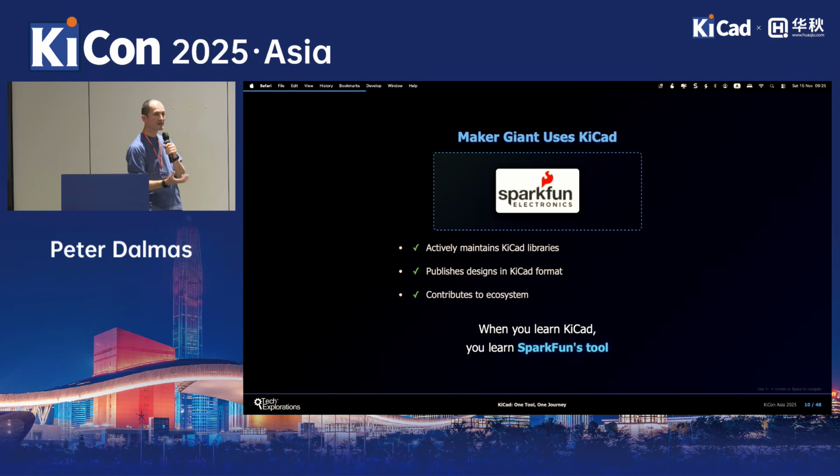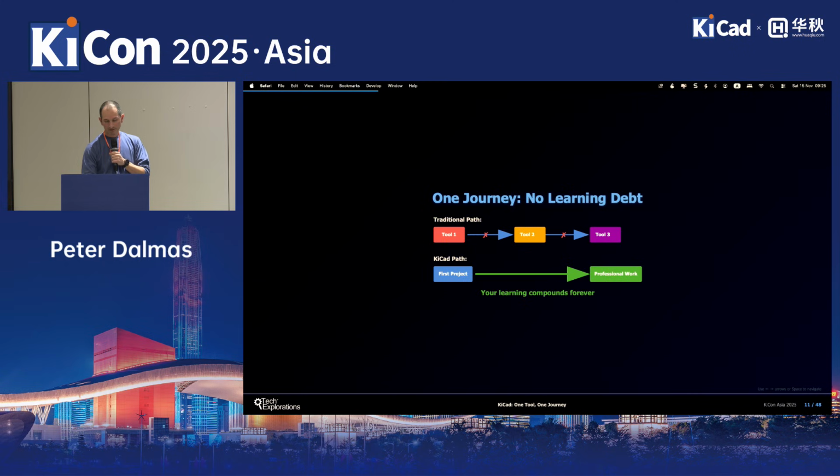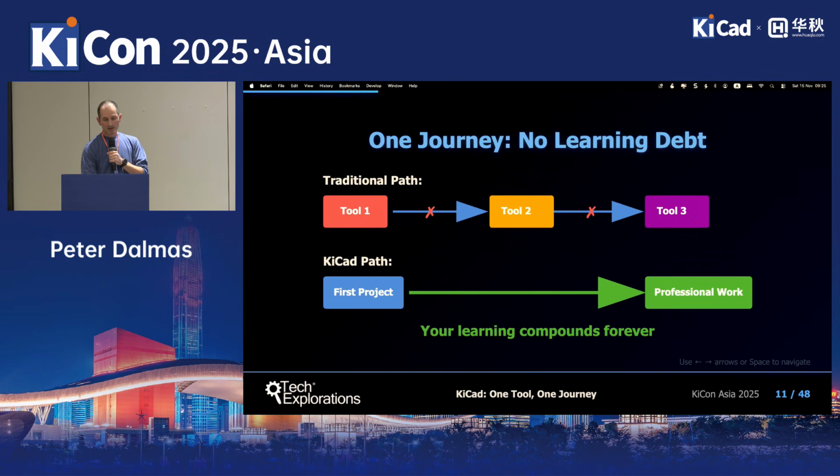So I couldn't find the library, I had to make it. That would add a lot of delays in my development process. It made using KiCad a bit more tedious. SparkFun comes in, they release thousands of symbols and footprints in the SparkFun library. It shows that the ecosystem at that point starts to grow, okay, which is what we need, and we're going to come back to the ecosystem in a moment. So that's SparkFun. Let me just zoom into this.